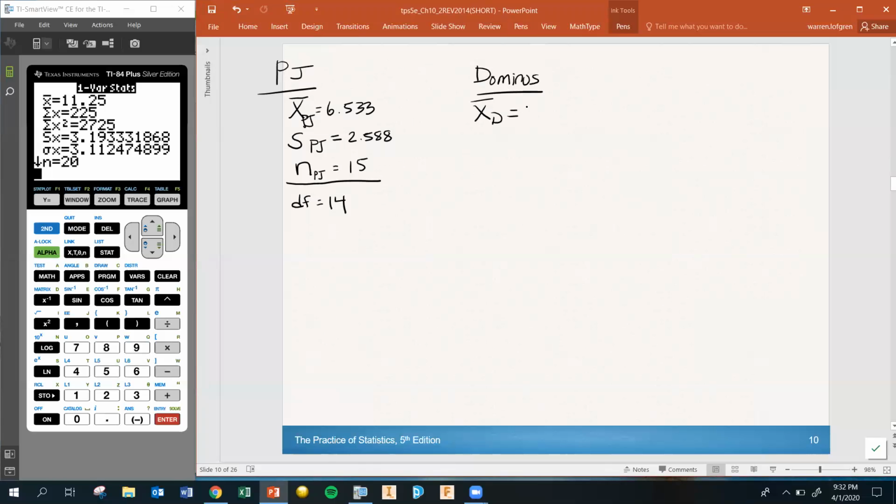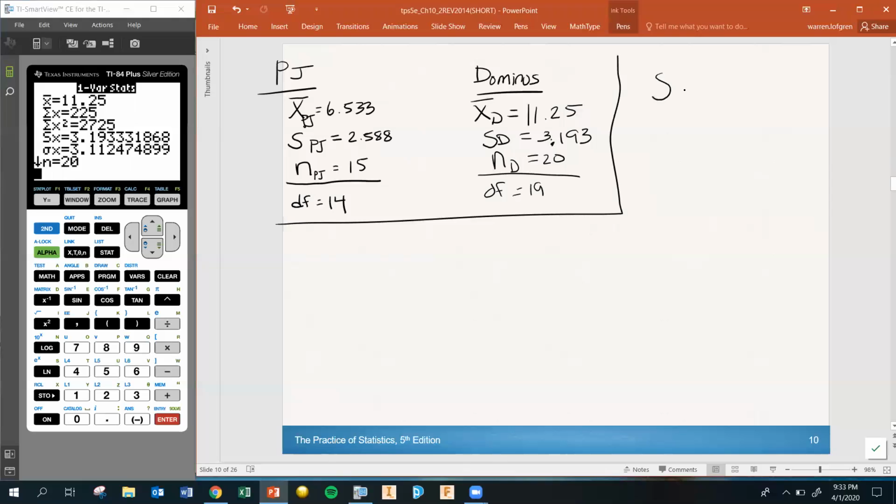So Domino's, I can see the amount of fat on average in that sample was 11.25. The standard deviation was 3.193. The number of pizzas was 20, and that sample would have 19 degrees of freedom. Okay. That is my sample